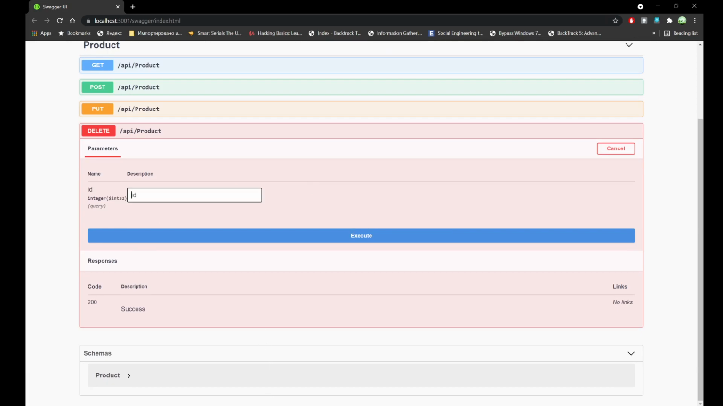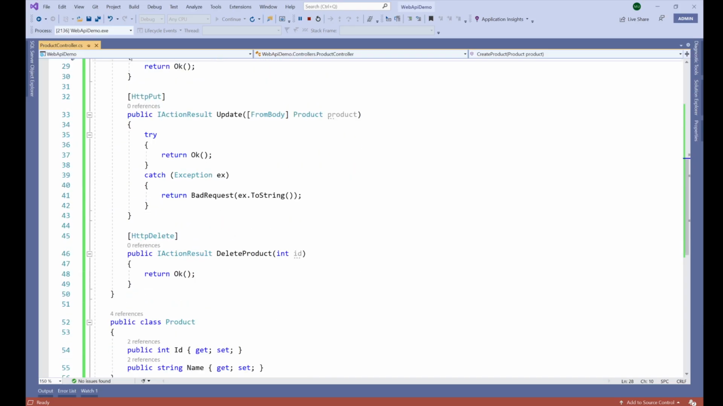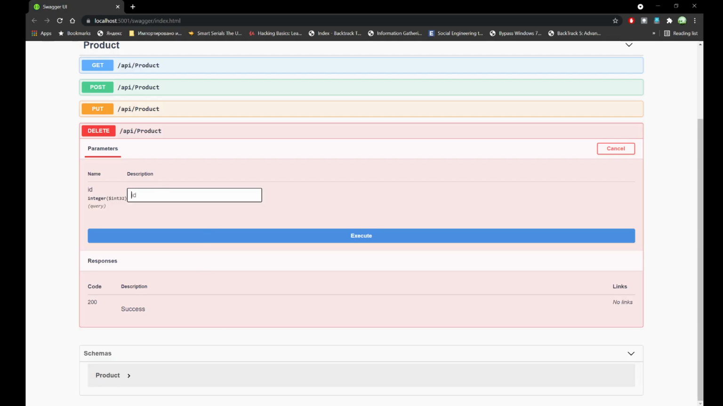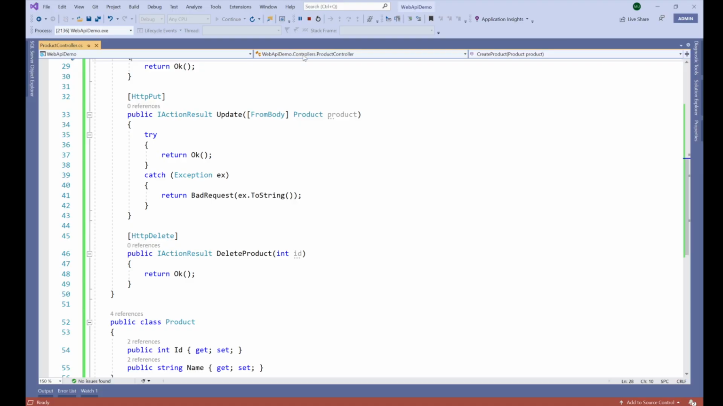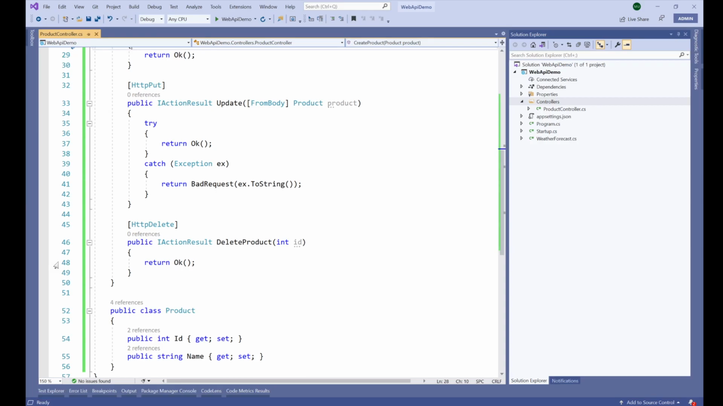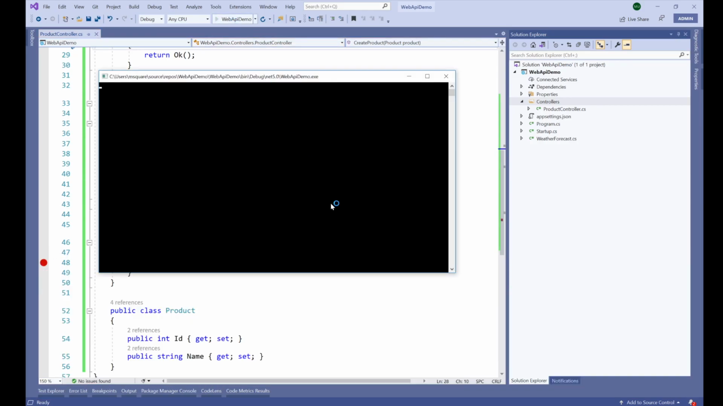In our delete method, if we go here, we require this parameter id to delete the product, and this method has been decorated with the http delete verb. In the Swagger endpoint, we get the placeholder to pass the id to that method. If we type the id from here and click on execute, then that data gets sent to this endpoint. So for instance, if I put a breakpoint here and then run the application again,